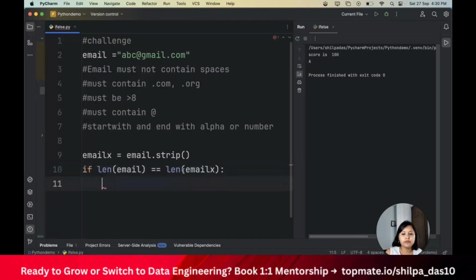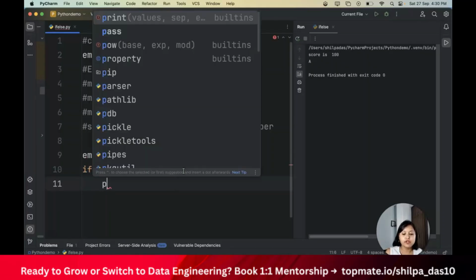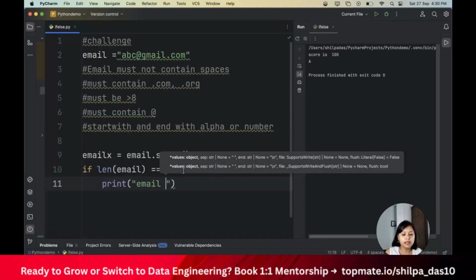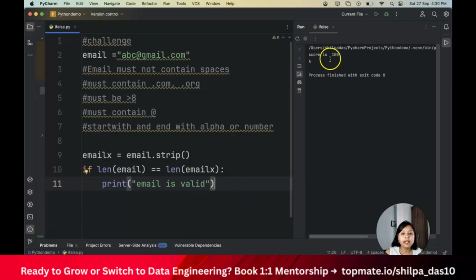Then I will print email is valid. Okay, so now let me run this piece of code.